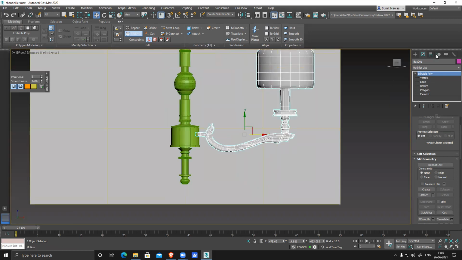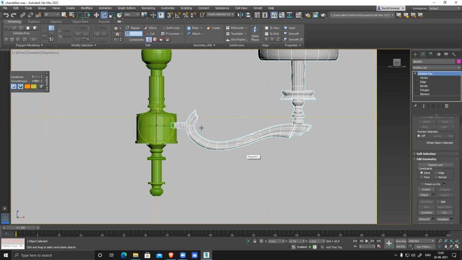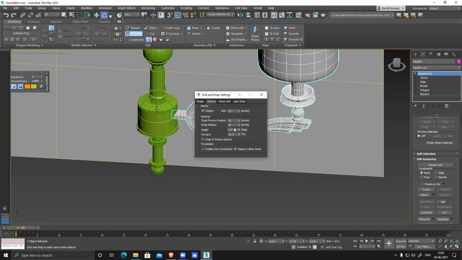If I do this, adjust the pivot point, move it here, center, switch off this, angle, right click, maybe suppose 16 degrees, whatever the degree is.